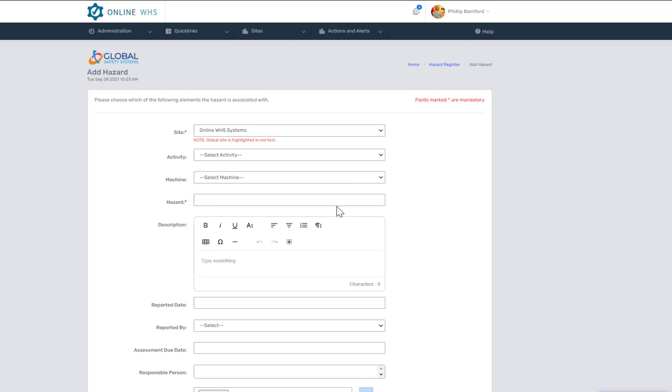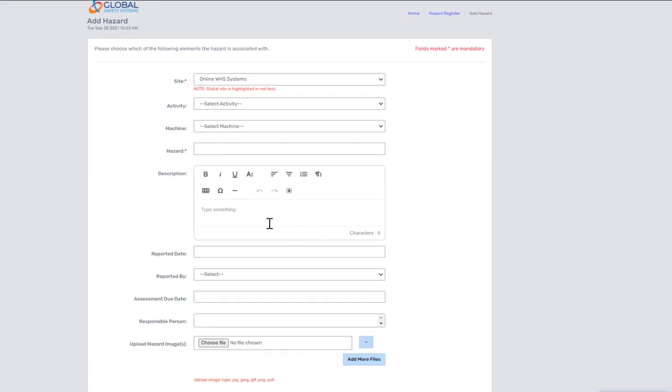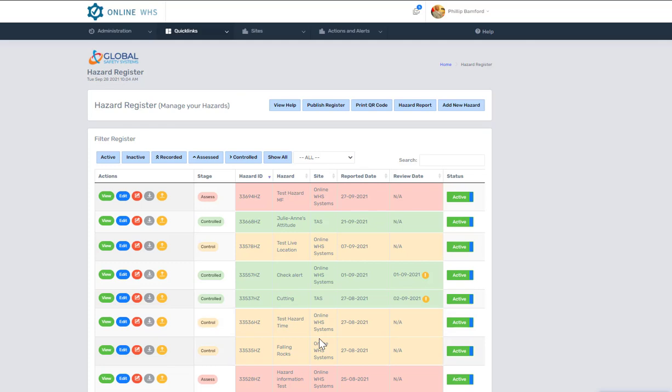You can enter a free text hazard. Try to educate your employees to keep it small and simple. This box here is a description of the hazard in more detail. Reported date, make sure that your employees use the calendar. Reported by, and if they do know the assessment due date, they can use the calendar to do so, but it's a non-mandatory field. They can even upload an image of that hazard if they want to, and more than one image if they want. Submit. It would email alert the person and put it into the register as red,